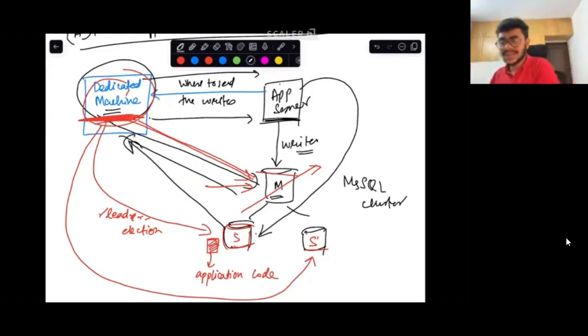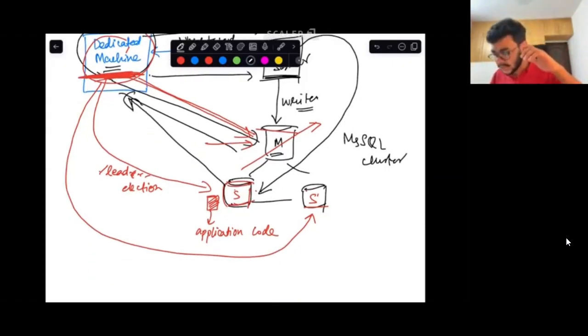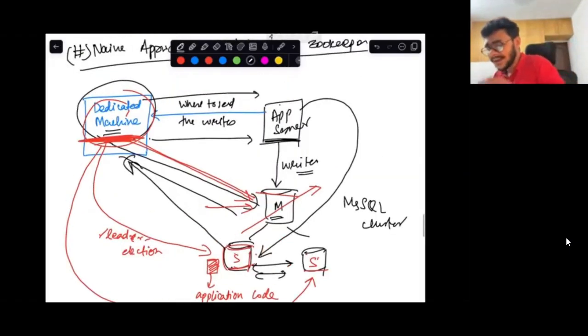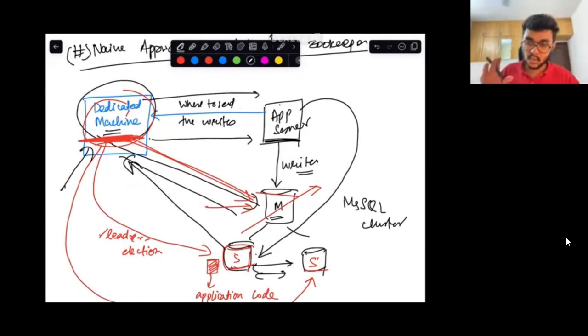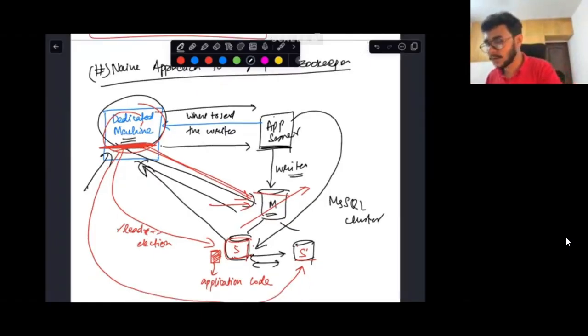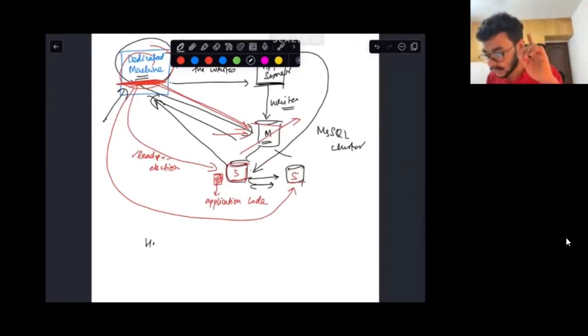Correct? And how will the leader election happen? They will communicate within themselves and try to see which has the most latest reads on the basis of the commit log or the WAL that we have discussed previously. Animesh, you are correct. So in this way, a dedicated machine can essentially solve this problem for us. Does this point make sense, guys? Does this brute force solution of what we want to do with Zookeeper make sense to you? This is how we have tried to solve the problem of heartbeats and the problem of service discovery.